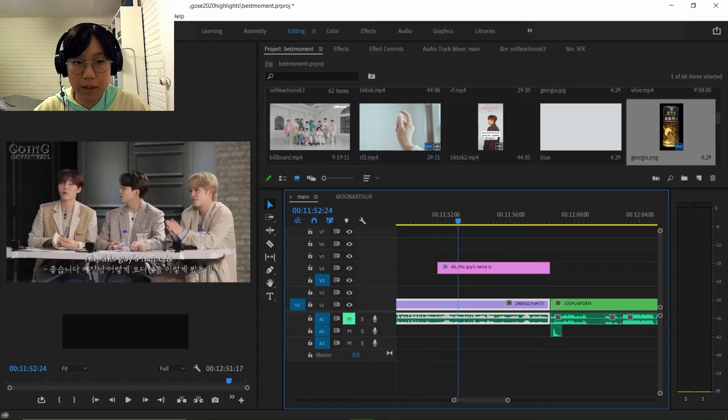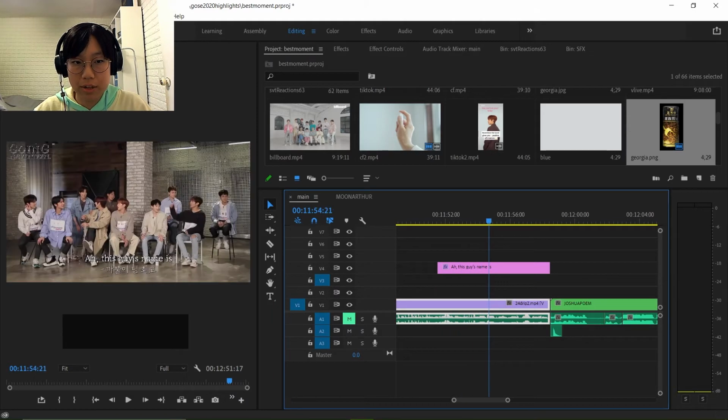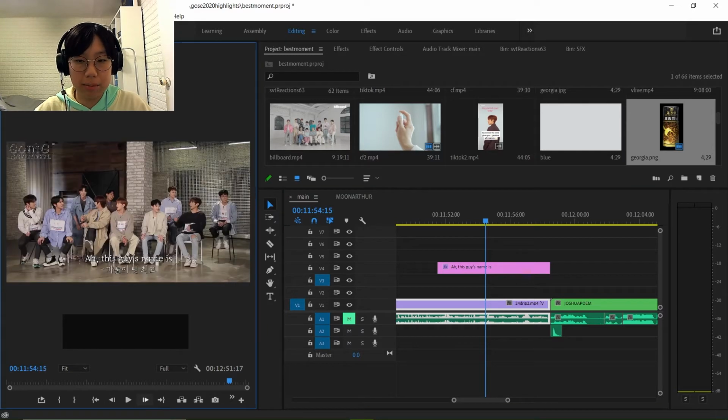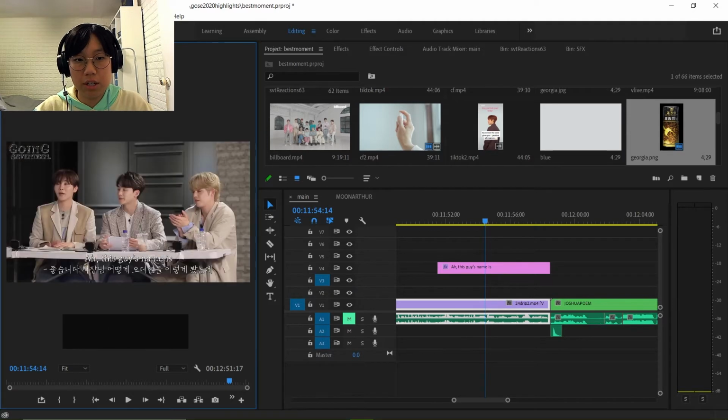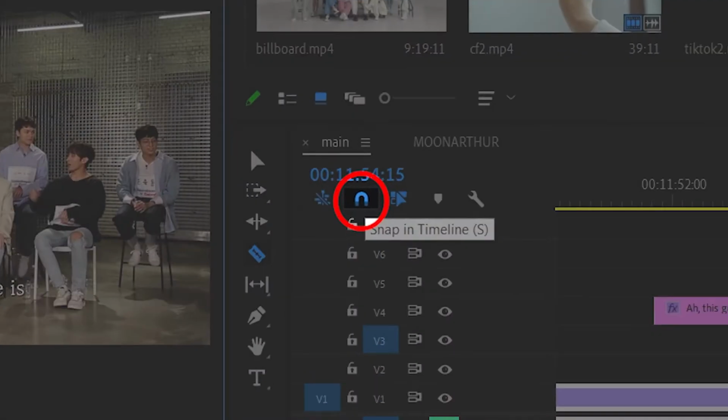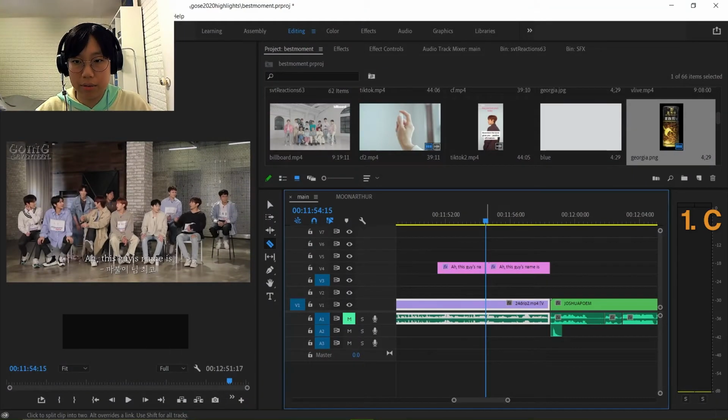So first I'm going to find the place I want to cut it by scrubbing slowly on the timeline with my mouse, and I find the cut, and I tend to go here and do frame by frame because I like to keep my hand on the mouse, but if you want to go to your arrow keys, they also do the same function. So say I find the cut, and I'll hit C on my keyboard, and that selects the cut tool, the razor tool, and if I have snapping on, snapping is right here, this magnet, which is usually on by default, you can just hit around your playhead and it will automatically cut right on your playhead.